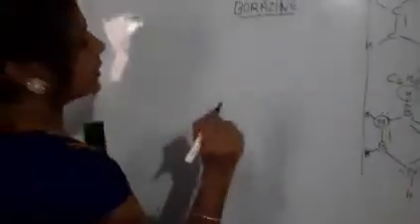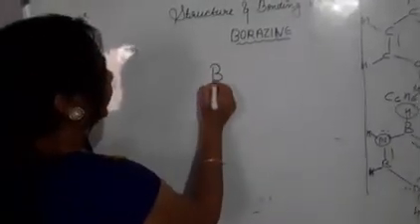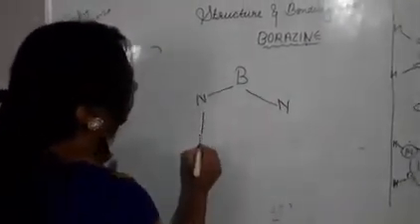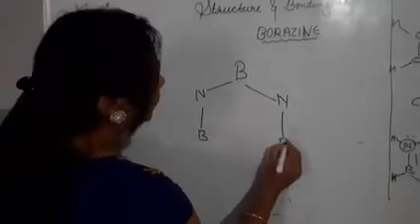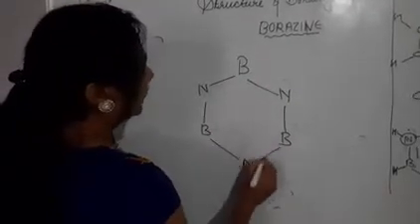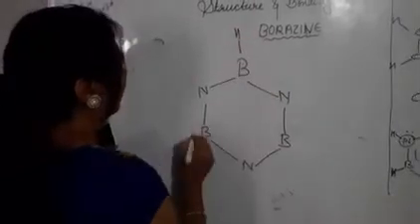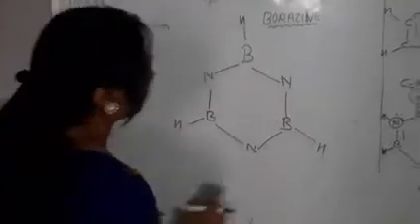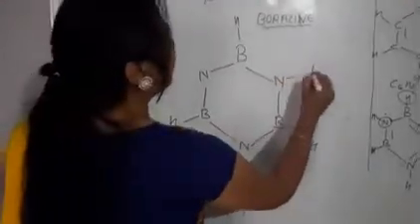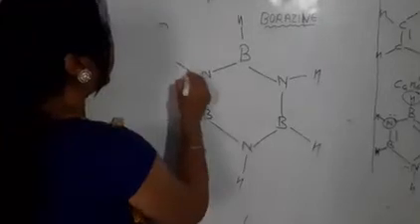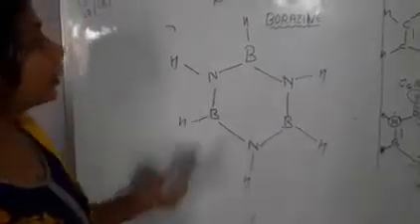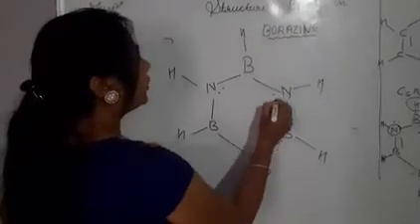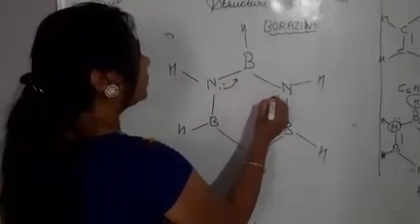So student, now the picture is like this: boron, then nitrogen, then nitrogen, then boron, then boron, then nitrogen. Okay. So it will form the 3 bonds. All the boron atoms will form 3 bonds because all the sp2 hybrid orbitals contain 1 unpaired electron. Nitrogen also has sp2 hybrid orbitals containing 1 unpaired electron. But one of the sp2 hybrid orbitals of nitrogen contains the lone pair of electrons.